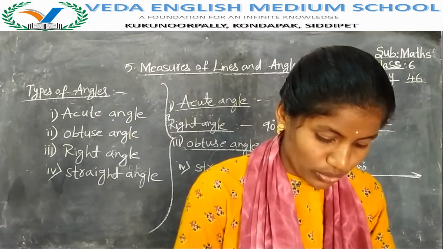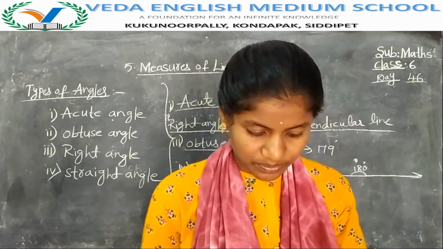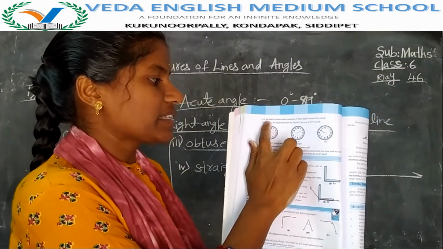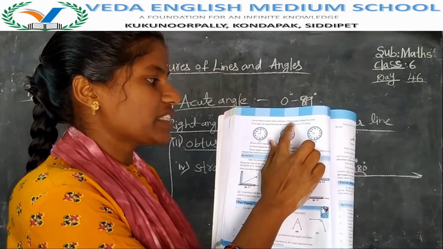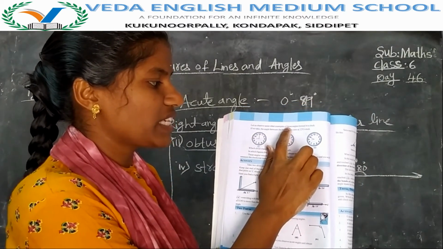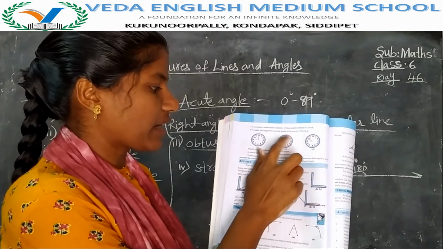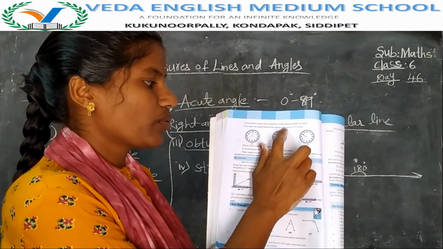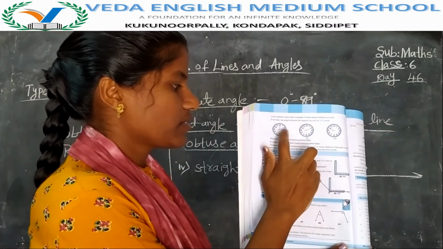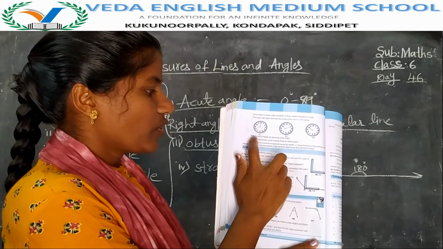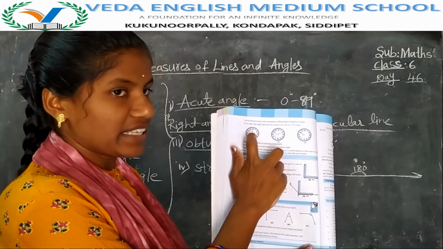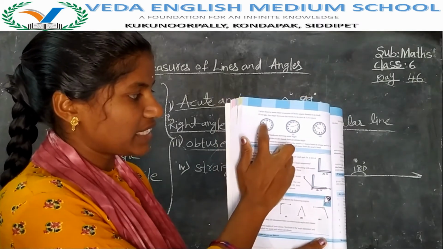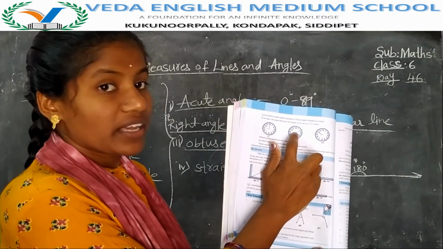Those who have textbooks, see in your textbooks. Take out your textbooks, page number. Let us observe some examples of these angles formed in a clock. Take the angle between the hands to be 0 at 12 o'clock. In the first clock, what type of angle is it? It is 90 degrees, straight. If it is like this, then it is exactly 90 degrees. Now it is an obtuse angle.